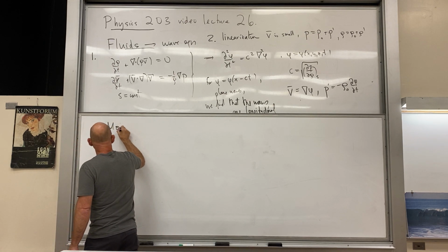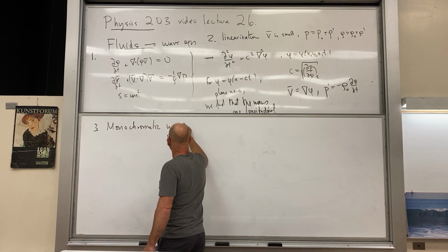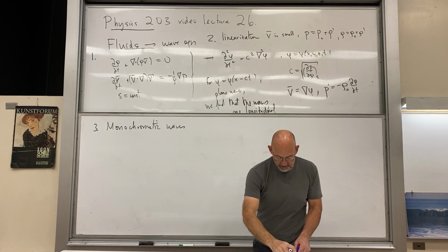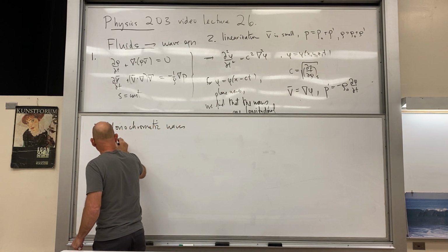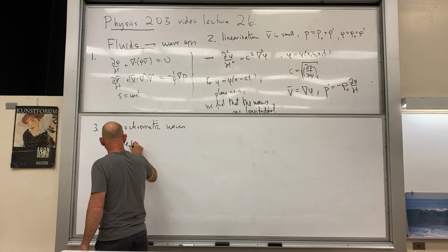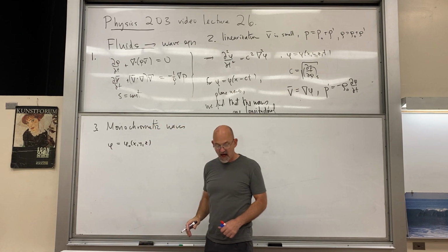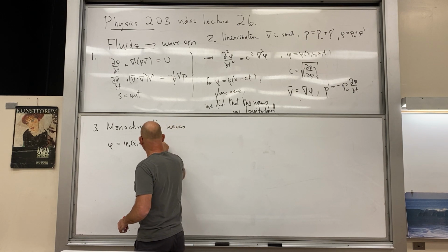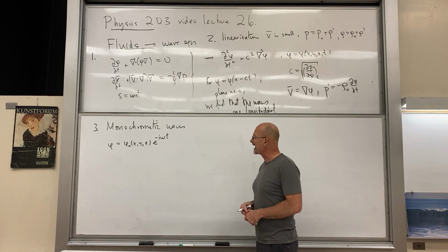So monochromatic, and we'll set up the monochromatic waves by writing phi is equal to phi0 of x, y, and z, and then we'll just have the exponential e to the minus i omega t. If we set things up like that,